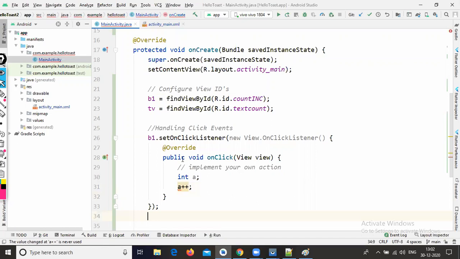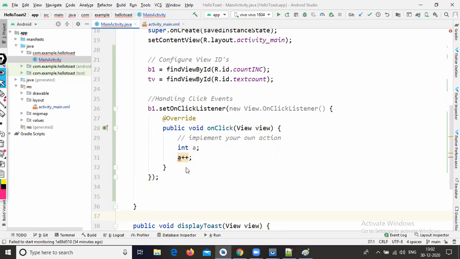Because the variable a might not have been initialized. Why? Because it is not accepting when I'm creating the local variable.